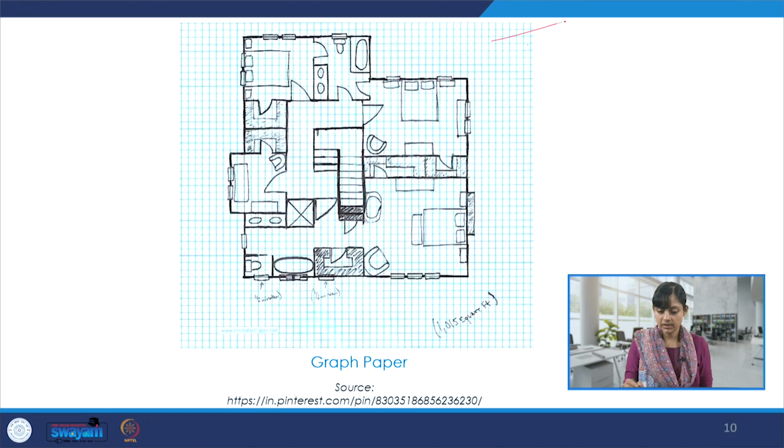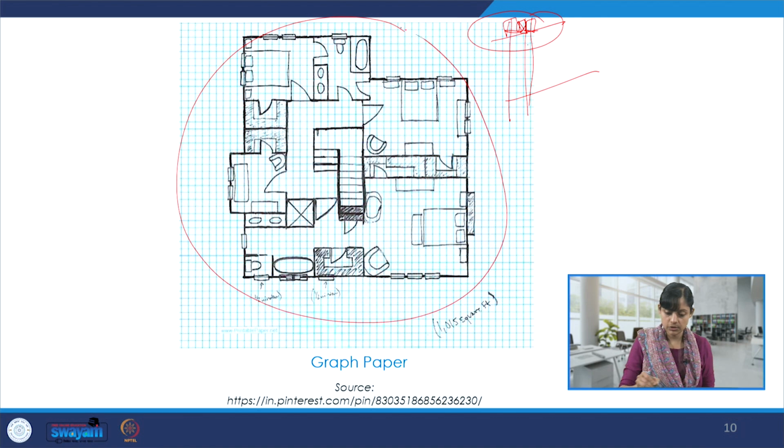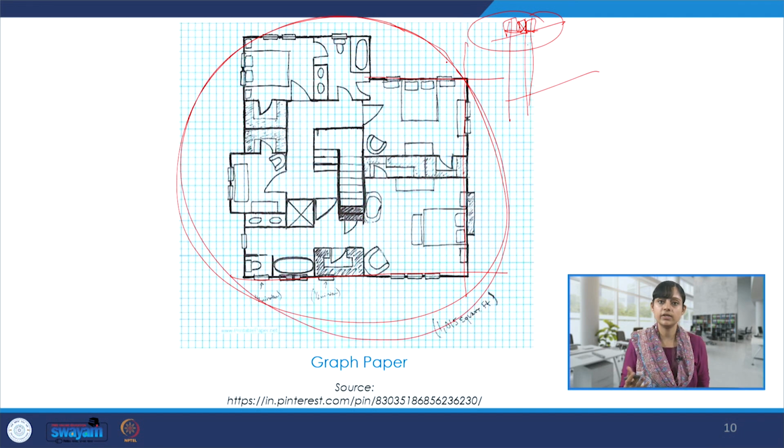Then the graph paper that I was just talking about, there is a proper grid mentioned over here, and one square could represent one scale, and corresponding to that it becomes easy to make your drawings. And here, since we already have grid lines or construction lines, they are almost straight and linear while we work. Of course, not like drafted drawings which are done on AutoCAD or other software, but this is quite on scale and very finessed in that sense.